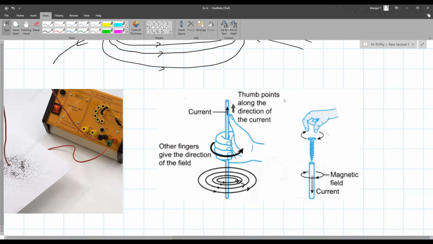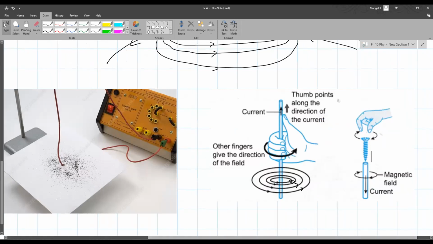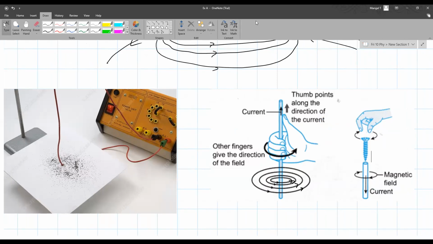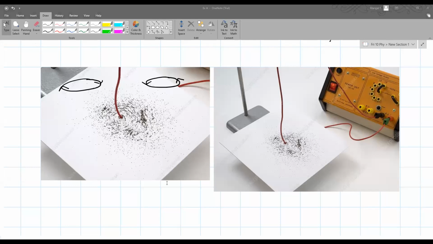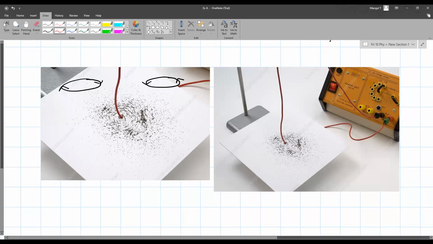This is a very important thing for you to remember. Whenever the magnetic field for the wire in the form of a loop is there, the magnetic field is determined by what is called the right hand thumb rule. The magnetic field lines that are created over here are in the form of concentric circles. So remember one thing, these are concentric circles.